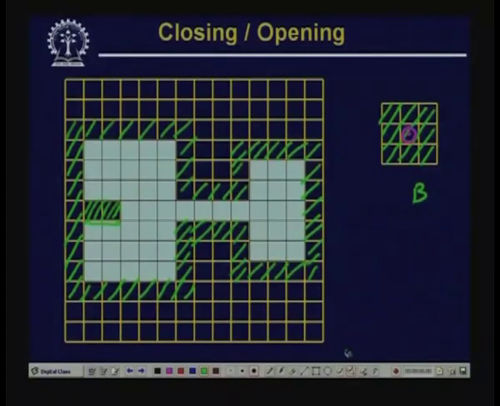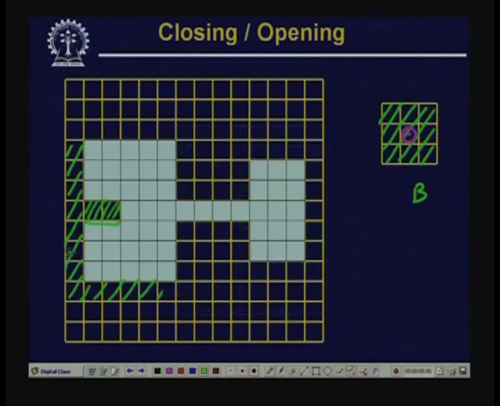Because of this shrinking, all these additional pixels which have been introduced by the dilation operation will be removed. So, all these pixels will be removed,